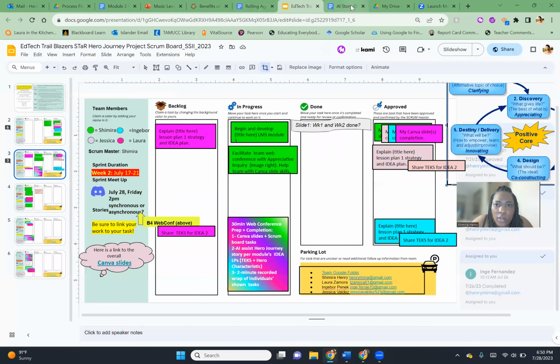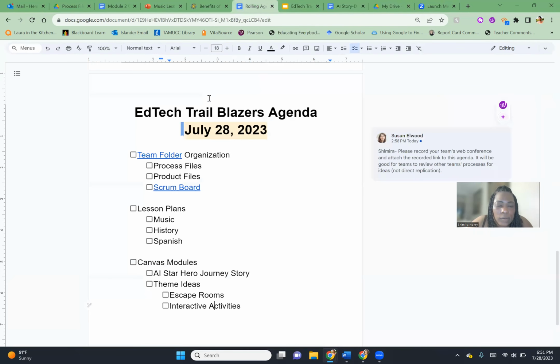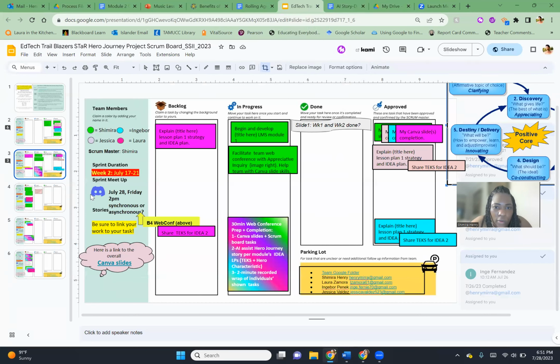All right, so let's look at our agenda. We did the team organization, process files, product files. We did our lesson plans for each one. The Scrum board, that's for me this week.